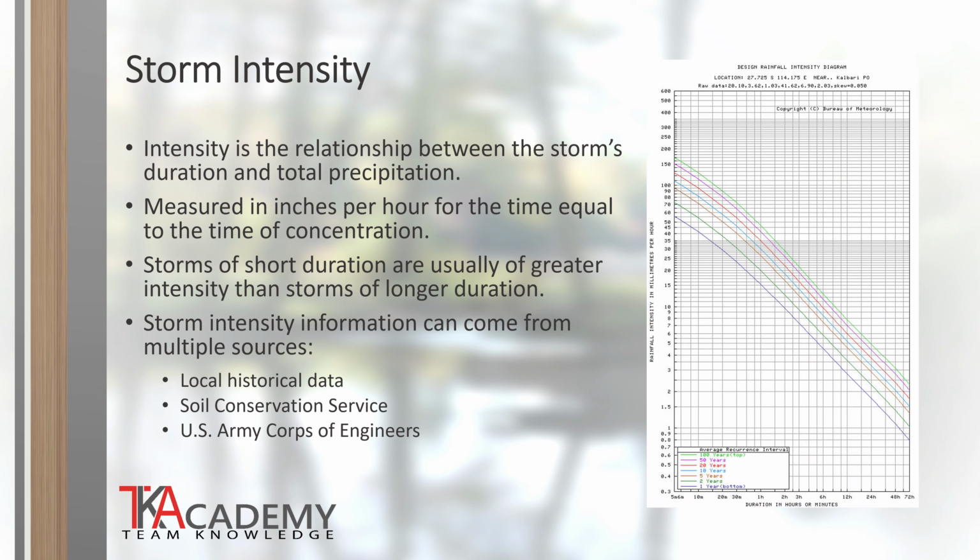Storm intensities are gathered and recorded for each year and then charted to determine the frequency of those events. The most intense storm events that occur within a given period of time will determine the frequency or the probability of that similar storm occurring again. This is commonly known as the 10-year storm or the 100-year storm event. This is the frequency of storms occurring or the probability of a significant storm occurring within any given year that the designers can use to design for future probable events.